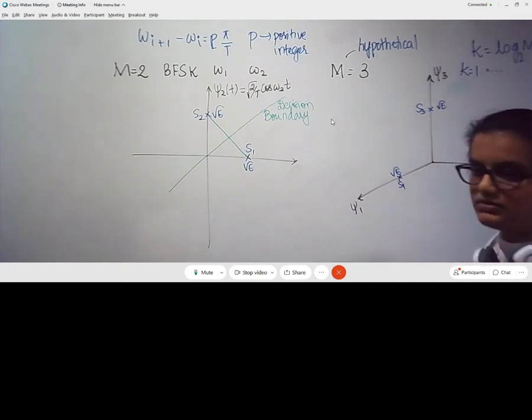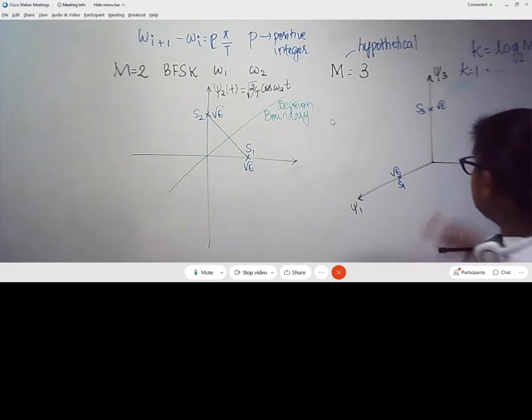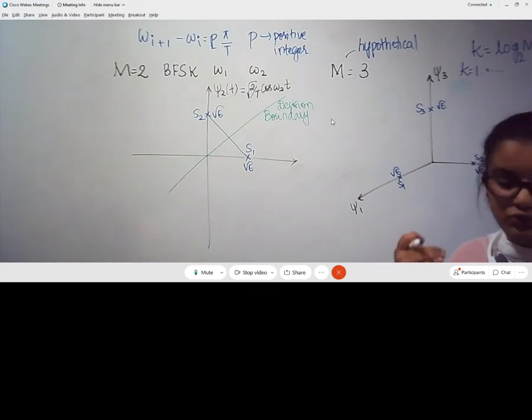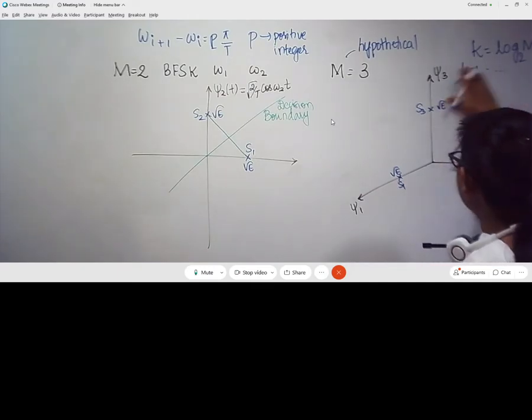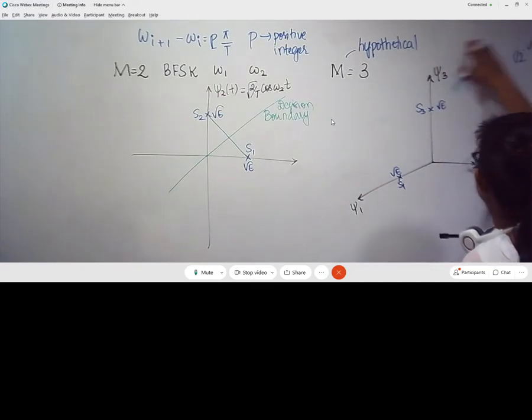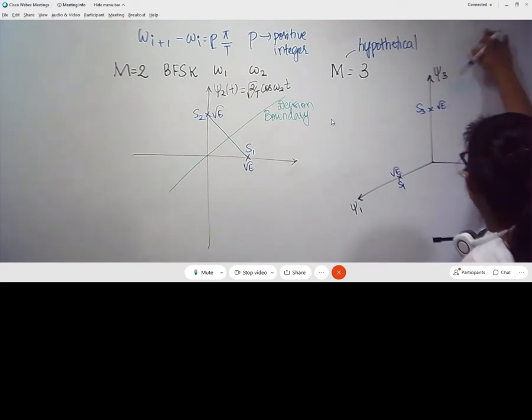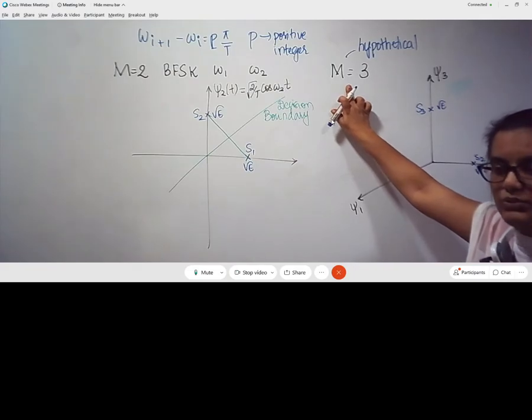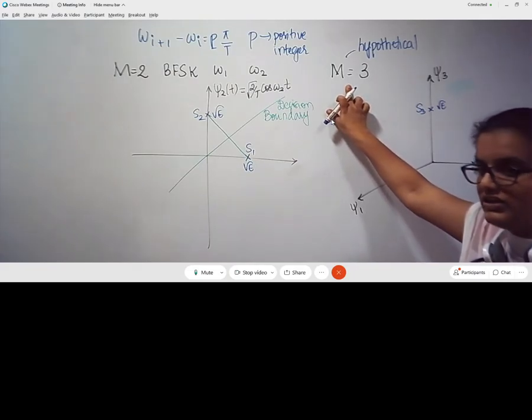I cannot send a bit in half. I can only send the bits in full. That means I can send 1 bit, 2 bits, 3 bits. I cannot send 1.5 bits. I cannot send 1.15 bits. So it is not quite practical to represent the bit transmission in fractions. Therefore, this m is equal to 3 is a very hypothetical scenario which is not very practical, but